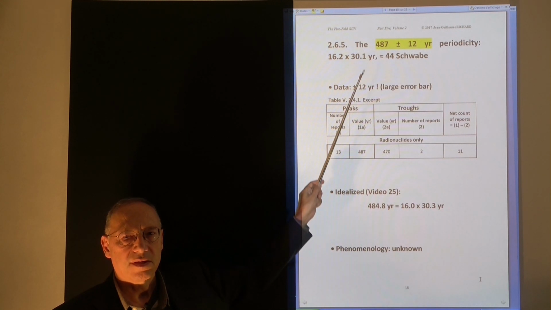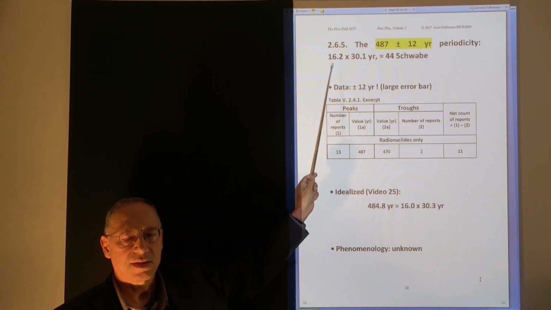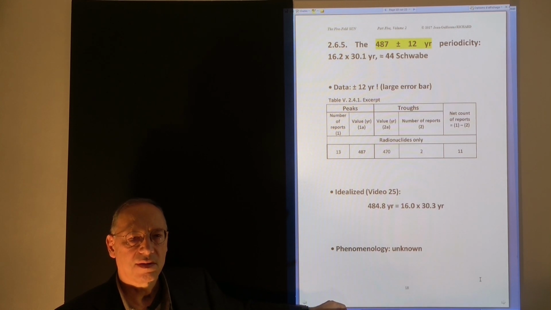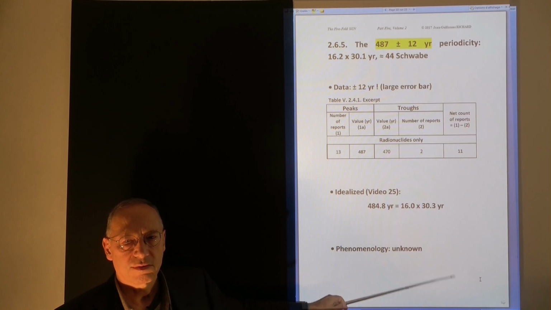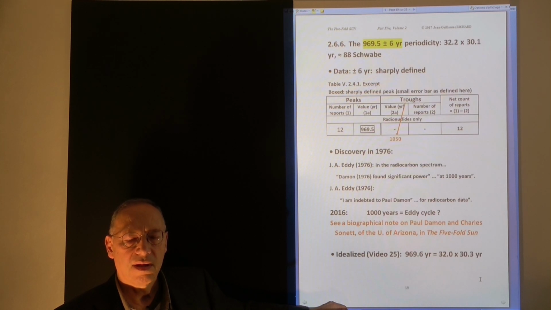Then we have this periodicity. It is about 16 times the base period and almost exactly 44 Schwabe cycles. We have 13 reports which indicate such a spectral peak. We have a large error bar again. It can be idealized at 485 years, which is then very close to our observed central value. Its phenomenology is unknown. And finally, and most interesting, is the 969-year period with only plus or minus 6-year error bar